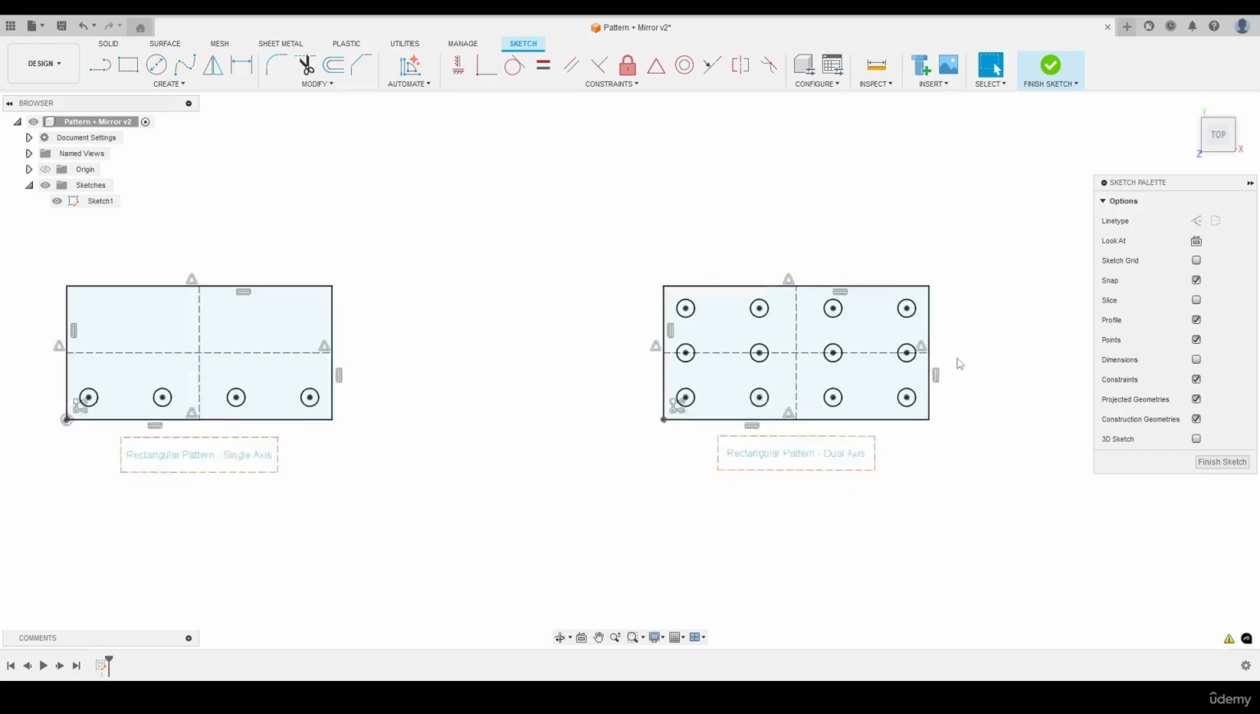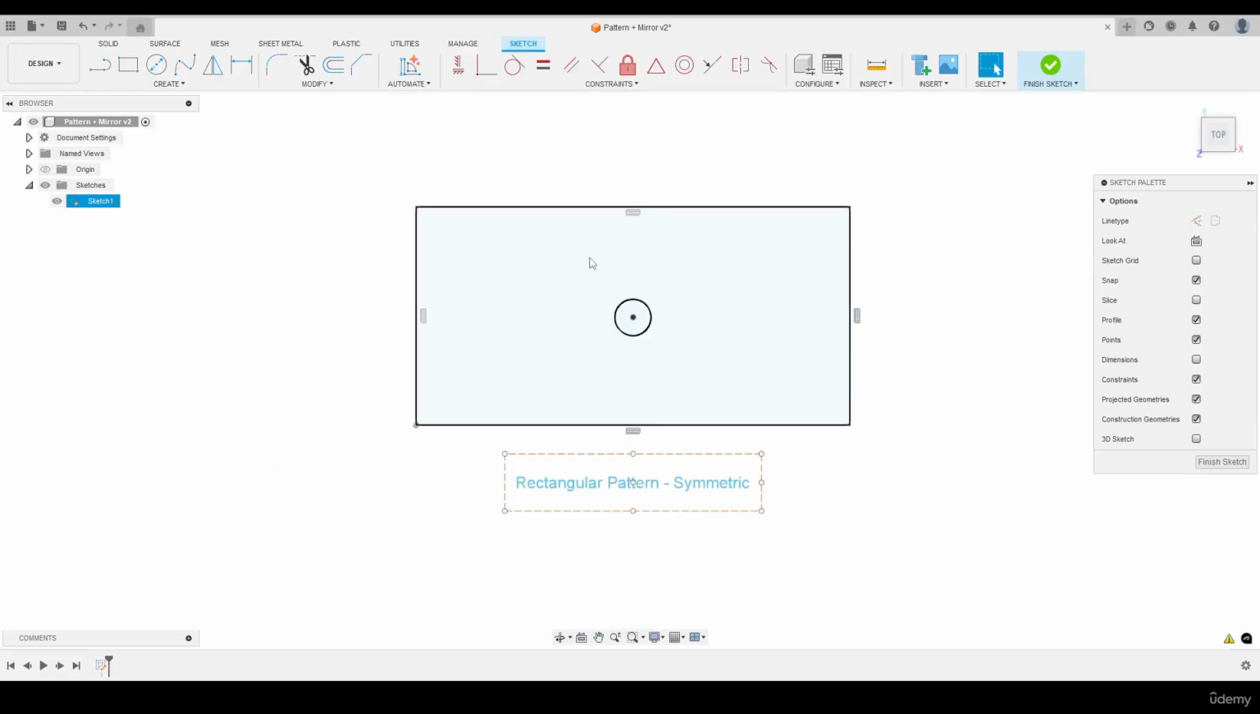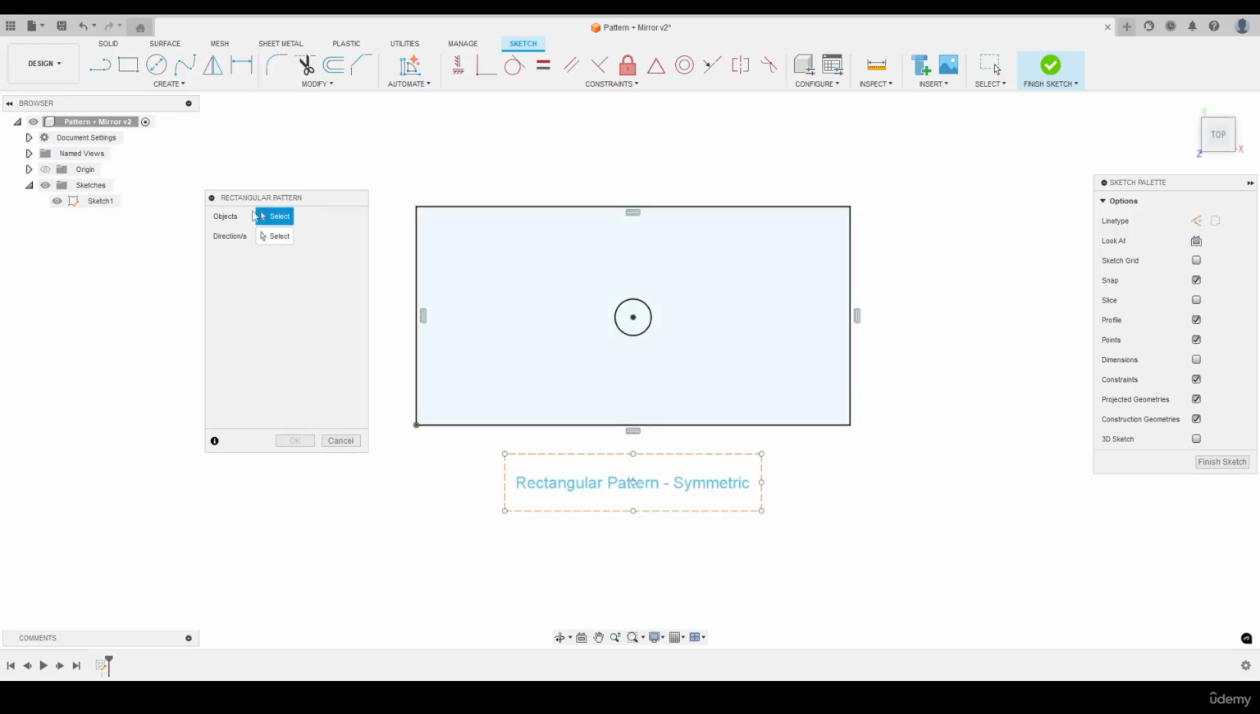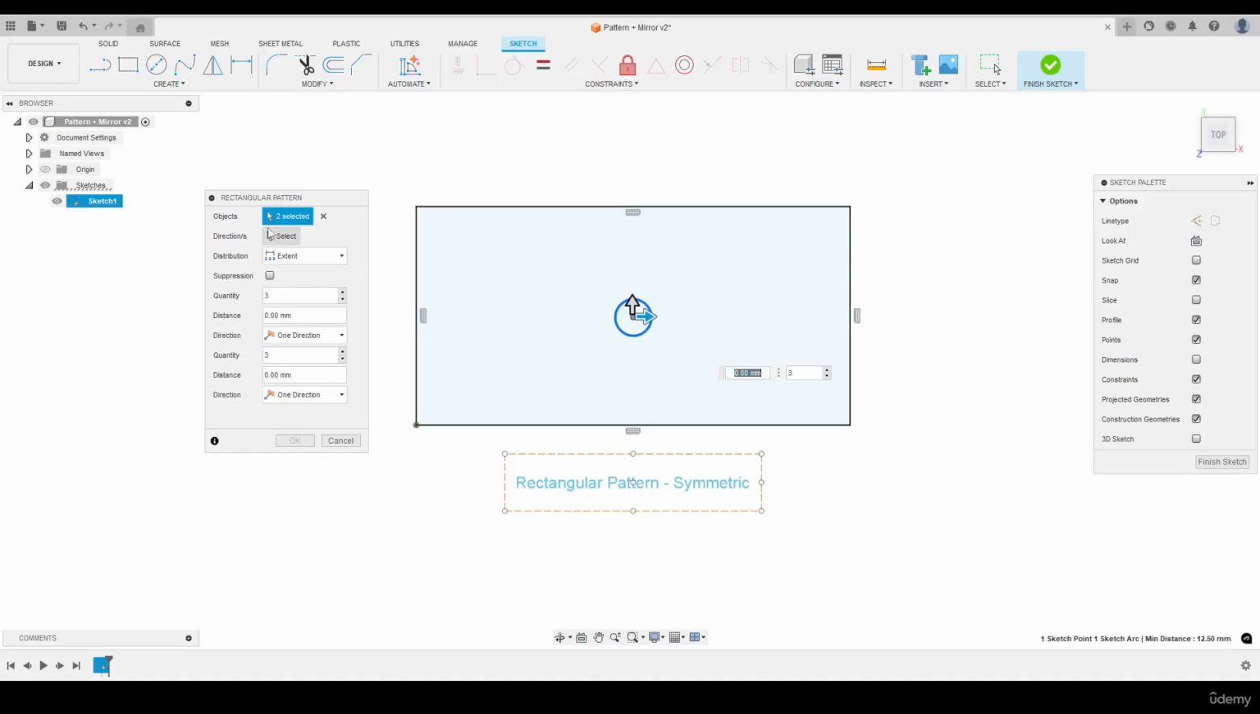Let's now move on to symmetric patterning. I'm going to use this sketch up here to help me. Let's say that we want this circle to be patterned in both directions horizontally and vertically. Let's come under Create, let's choose our rectangular pattern tool, under Object, select the circle, and under Direction, let's click on this horizontal line and this vertical line, keep the distribution as extent, and then under Quantity, let's stick with